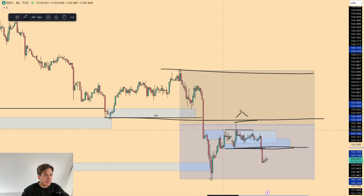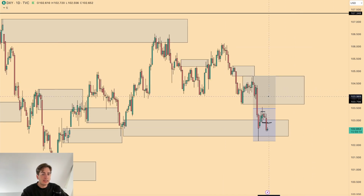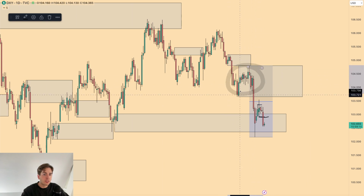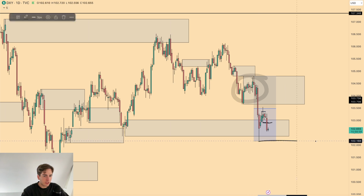Obviously, now this is, let's say, your region of supply, and we could just pull back and dump, or we could just dump from here. But I'm still potentially interested in seeing what lies open on the daily, being that daily area of supply, guys. So this daily buy before the sell, that is still open. But for now, obviously, we're just going to follow the overall momentum towards the downside, towards these lower levels over here. But yeah, for now, just this swing low is the target, obviously, with the bearish pressure on the